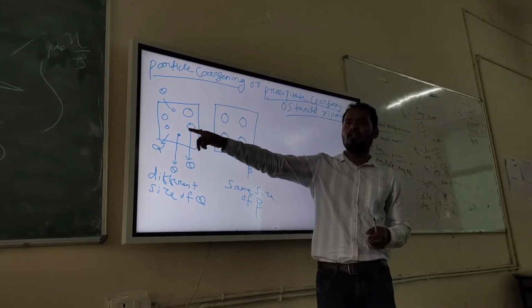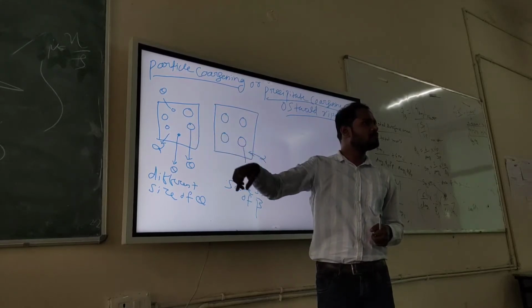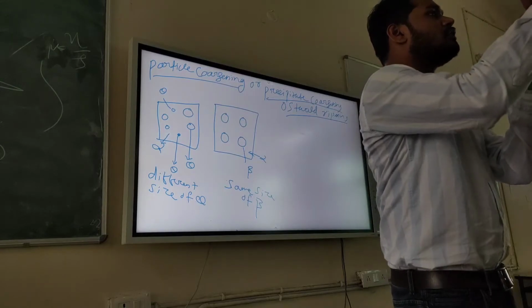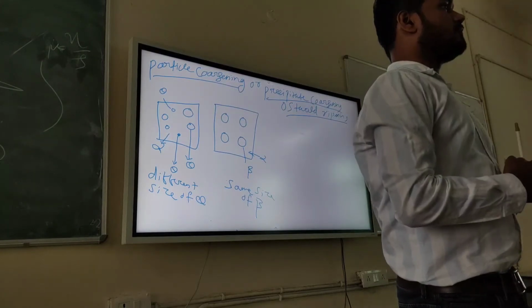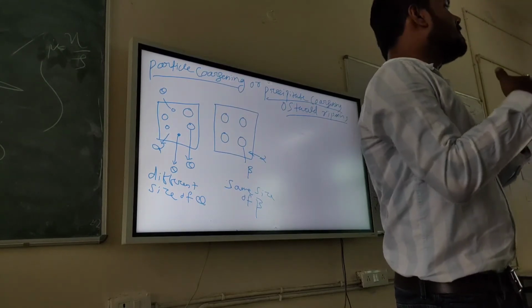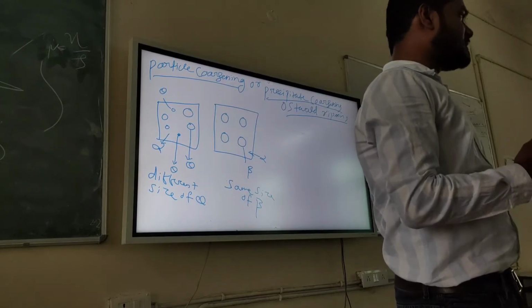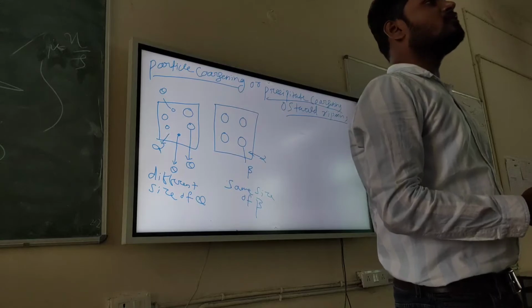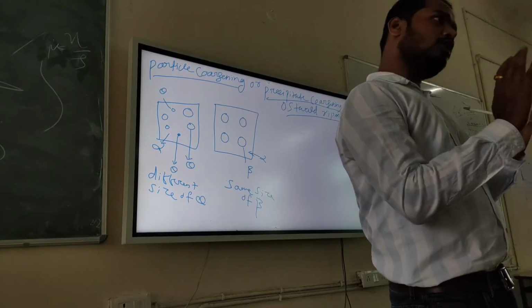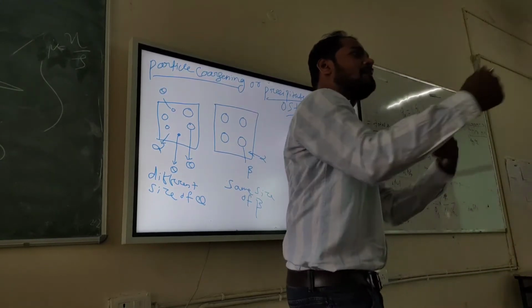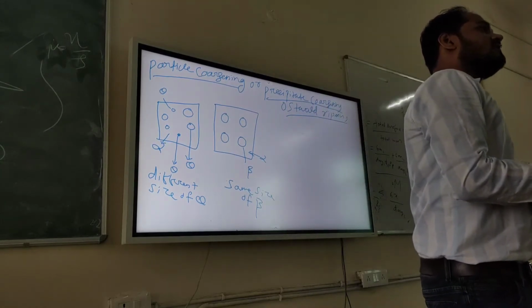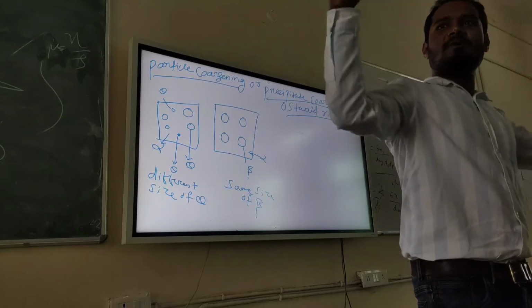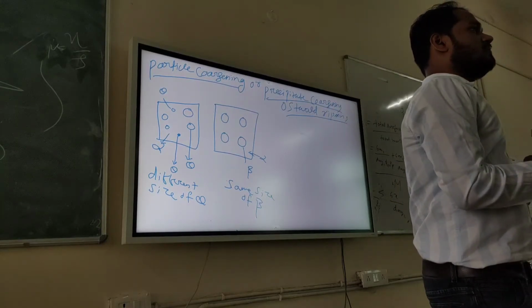So bigger particles will consume the smaller particles. Smaller particles will reduce in size, but bigger particles will grow bigger and bigger. In other words, bigger particles grow at the expense of smaller particles. A bigger precipitate grows at the expense of a smaller precipitate. That is called Ostwald ripening. So a time will come, what happens at the end? All the small particles will disappear, and you will have only big precipitates.